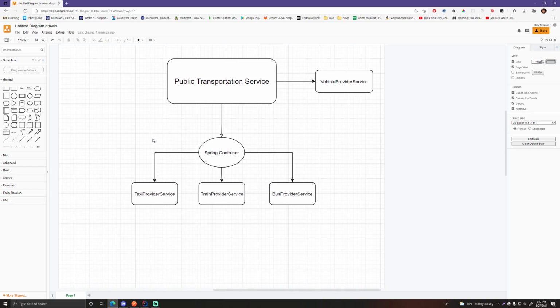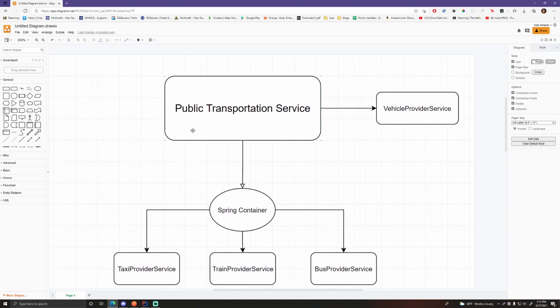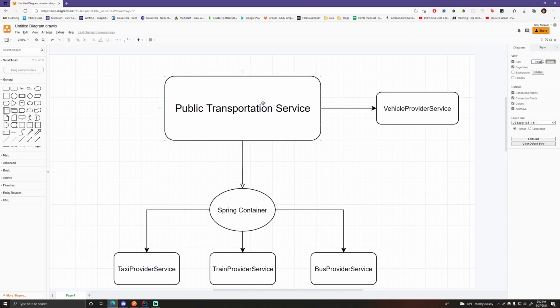This might not make a lot of sense since we haven't jumped into the code yet, but in short, you're just telling Spring that you have a public transportation service bean, and the dependency of this bean is a vehicle provider service interface type. Then when the Spring container creates this bean, it will determine which implementation of the vehicle provider service to inject, provided that these are beans themselves and that they do implement the vehicle provider service. The reason that we want to do this is that we can easily swap out which implementations we want